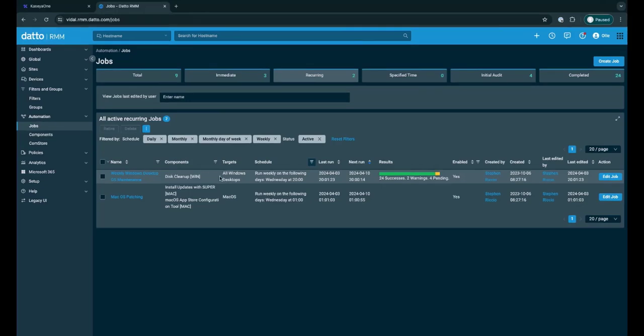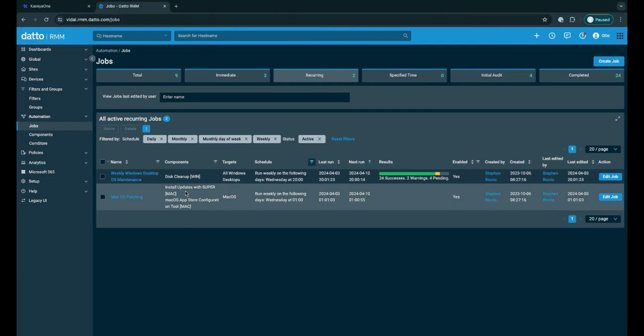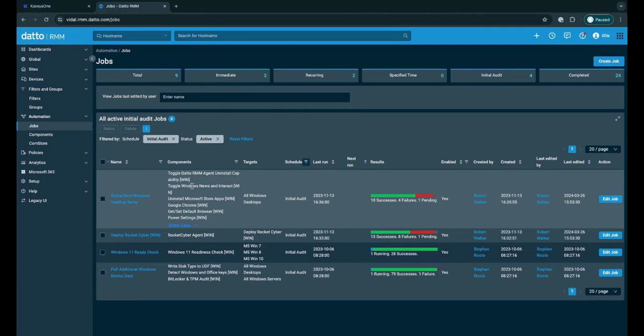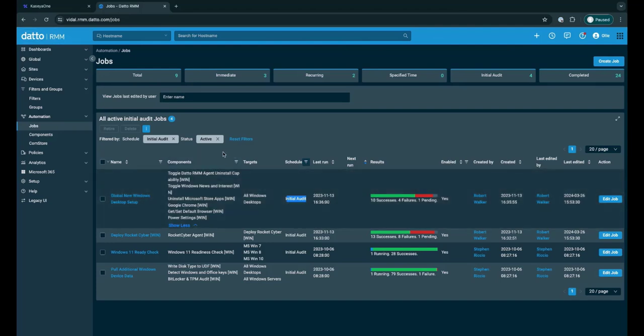If I click on my recurring policies here, we've got disk cleanup that might run weekly, Mac OS patching that's going to run one of the components we have to assist in adding the updates for Mac. Initial audit jobs here can run a list of scripts or components that we have on initial audit. When we receive the first audit back from a newly onboarded device and it meets the target requirement, that will automatically fire off this job on that device